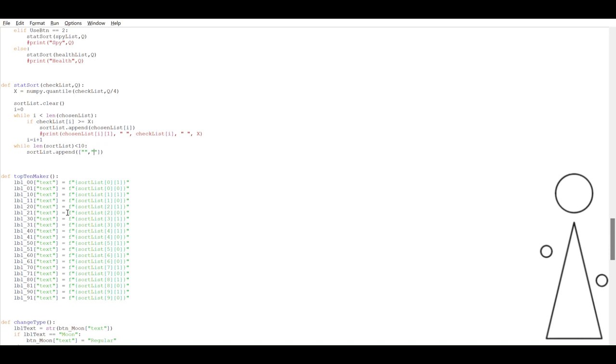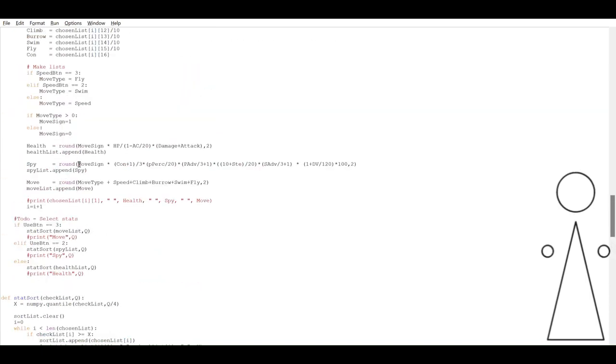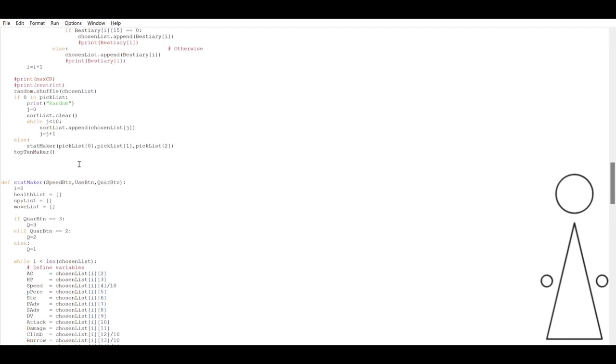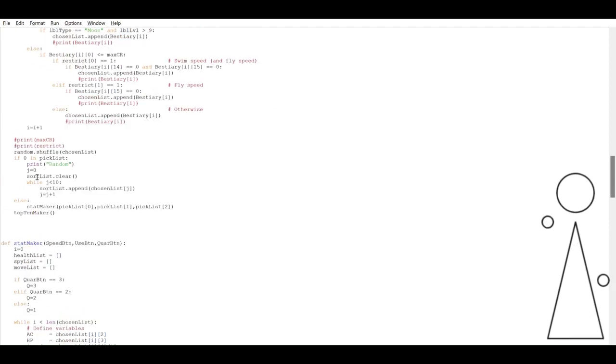And despite what it says, it's not actually sorted, it's taking from the shuffled list, but since it is technically taking just the top ones from the category, it's technically sorted, so I just called it that. So yeah, and then up here where I used to just call the stat maker function here,